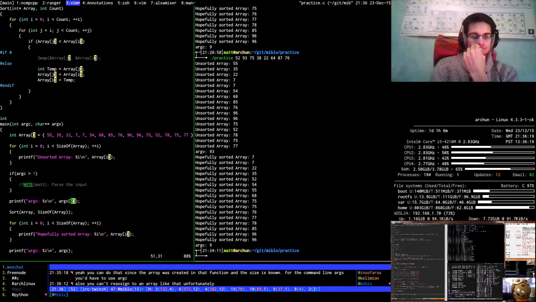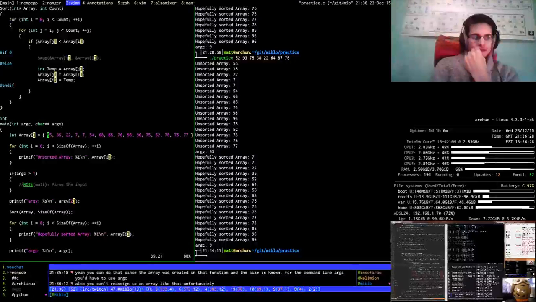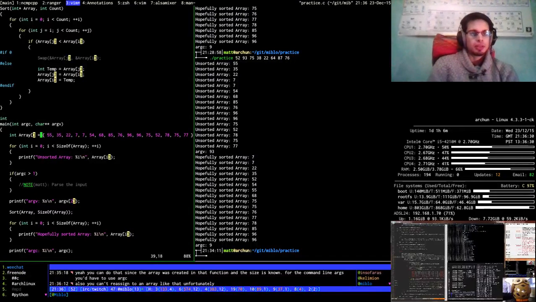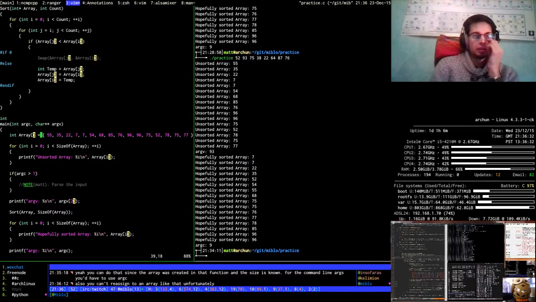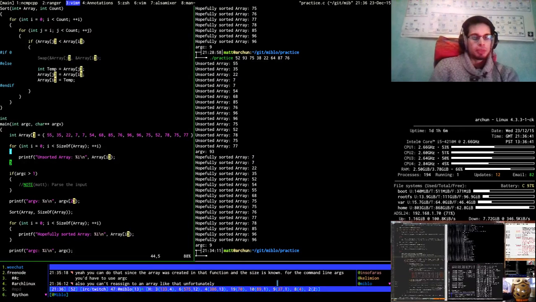I think that's what we're using. Yeah, that's interesting. So probably what I'd have to do is declare an empty array here, won't I? And then populate it with either the input or populate it with this, I'm guessing. So if we do delete to there,